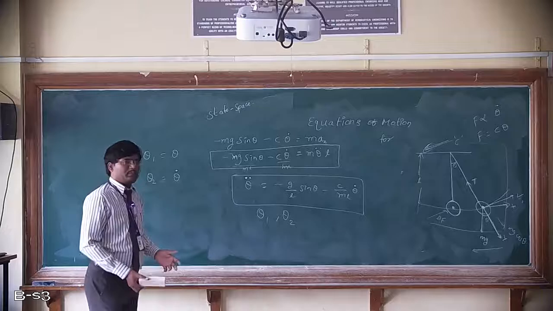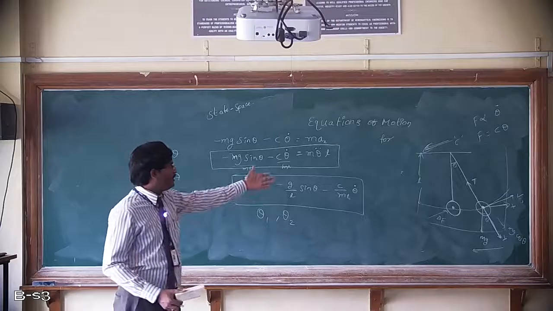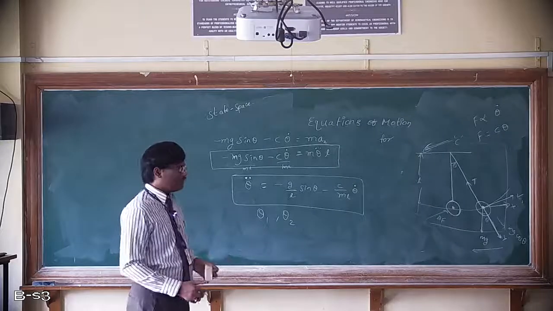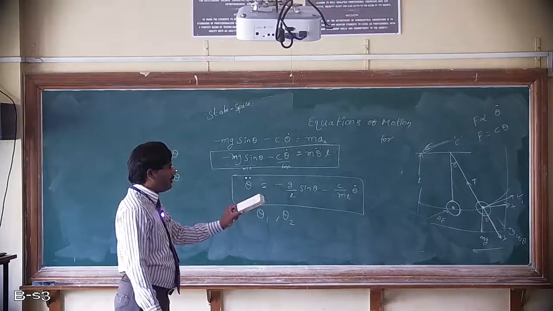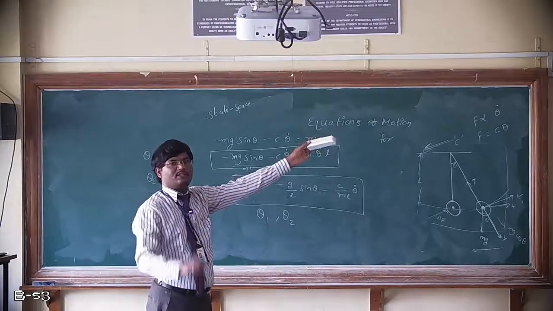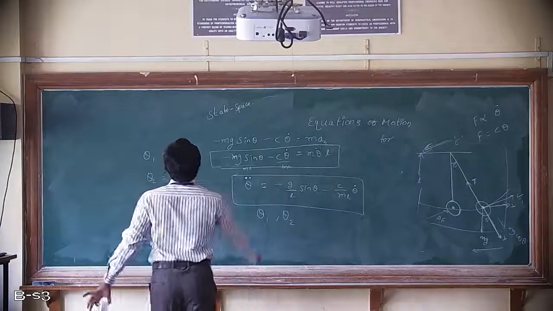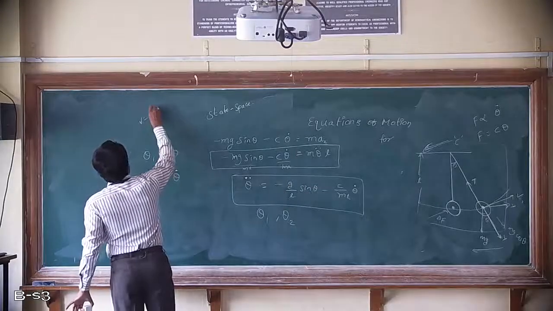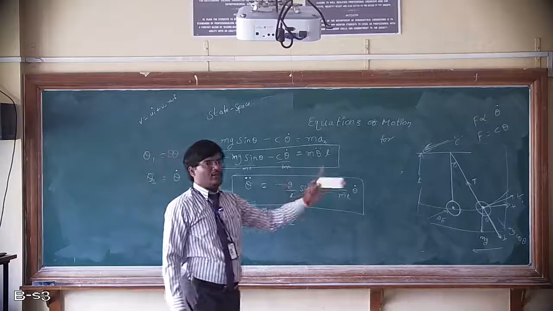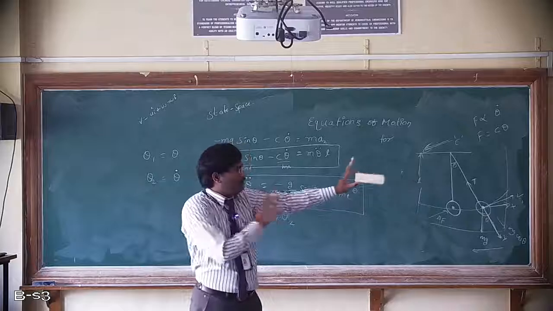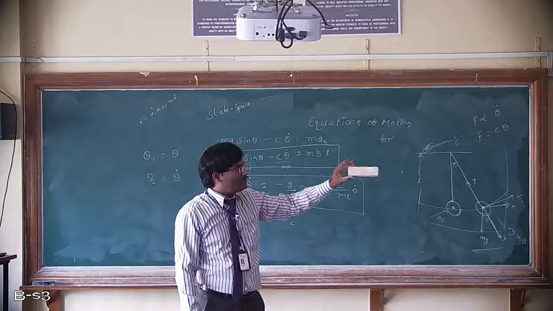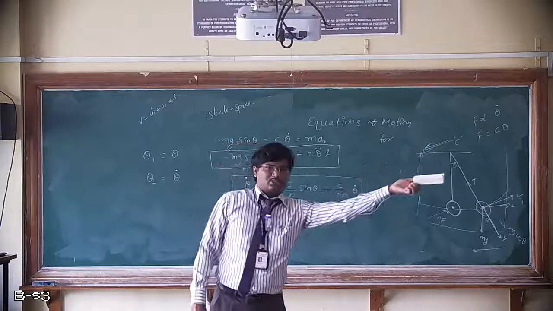If we have more state variables, then you can define the system more accurately, right? Are you with me? For example, if this is my aircraft and you want to define this aircraft in 3D space, and I am giving only the velocity of the aircraft, v equals ui plus vj plus wk cap, so this has a velocity vector. Is this sufficient to define the aircraft in 3D space? With the same velocity it can go in steady flight, and it can go in inverted flight also, right? With the same velocity.